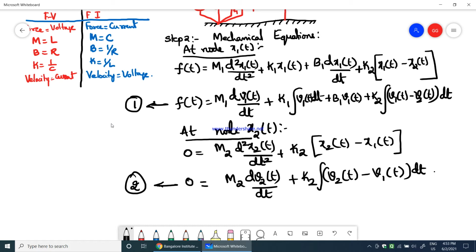Now you might ask me, sir, why should we write the displacement related equation? Why can't I write directly the velocity related equation? You can do that, but there will be a tendency of making mistakes in writing the equation directly. So it is better to write first in terms of displacement, because we would have practiced the same thing in the previous sessions. So it is better to write the displacement equation and then go for writing the velocity based equation. Now for these two mechanical equations, let us write the electrical equations. So we'll do that now.